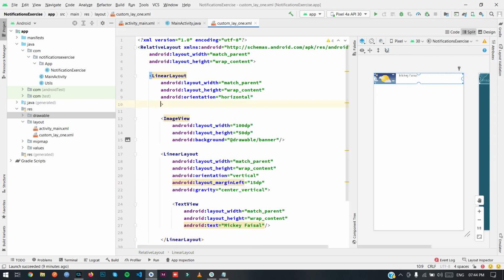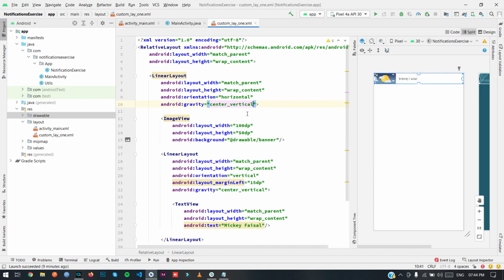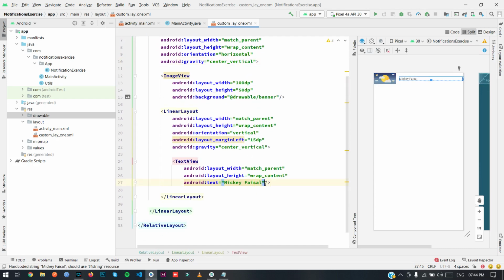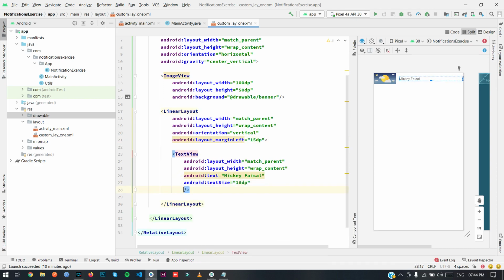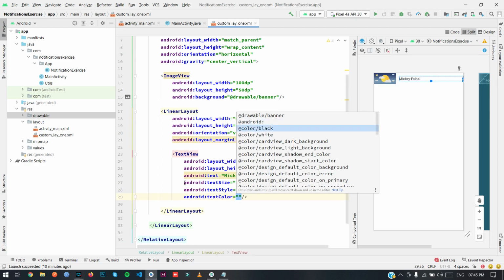Just set this one also gravity center vertical. Here we do not need the gravity. Text size 16 dp, text style bold, text color will be black.